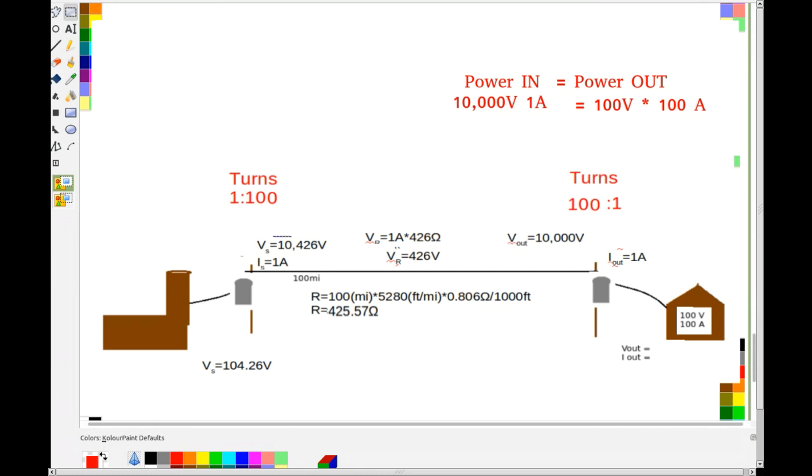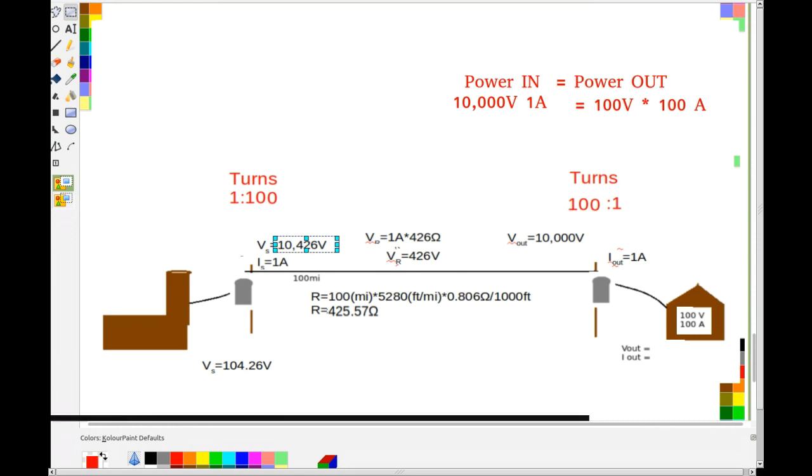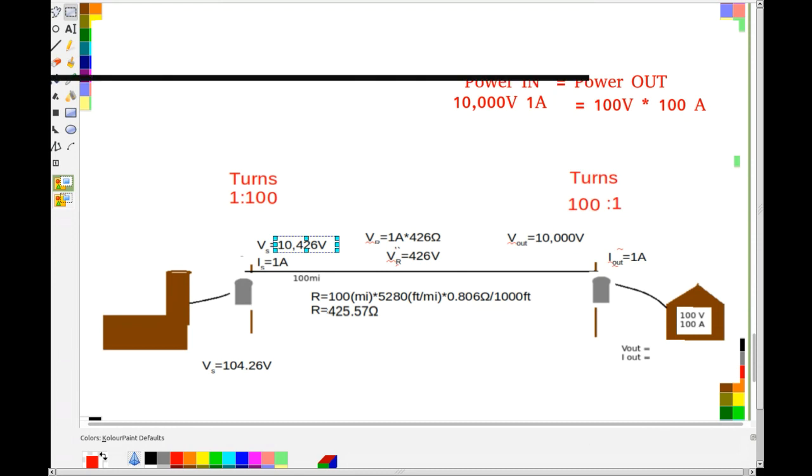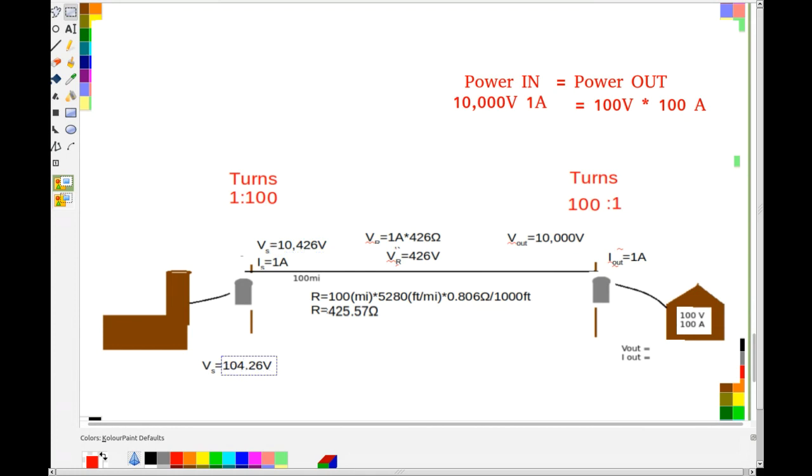But what do they have to supply on their end? 10,426 volts and 1 amp. And so when you go over to the other side of the transformer, they have to generate 104.26 volts, which means that the power that they're generating,